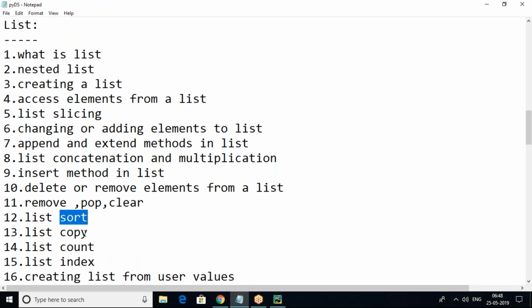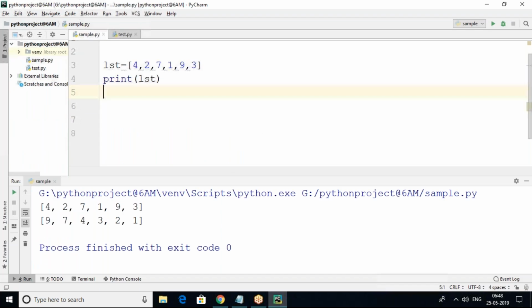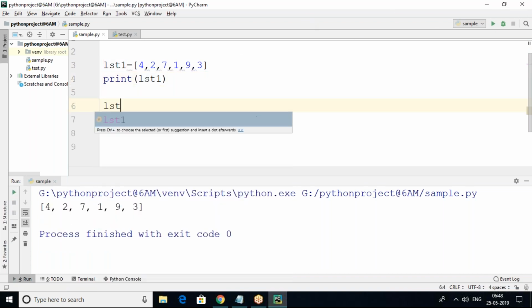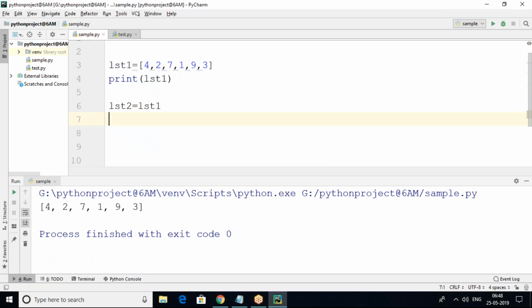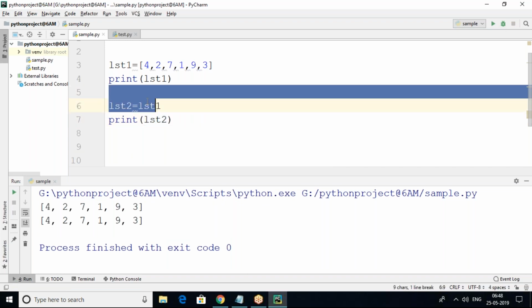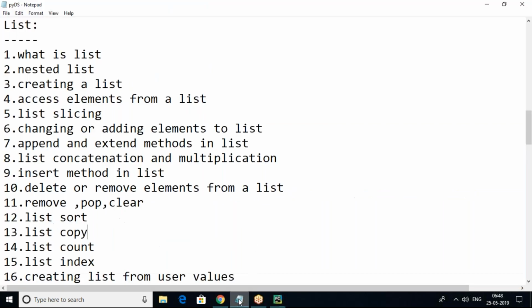Okay, list copy. List copy is nothing but, there is no copy method, just transferring one list's elements into another list. For example, LST1 is there. LST1 is a copy of the list. I want to transfer this LST1 into LST2. LST2 equals LST1. Then print LST2. Yes, the same copy will be maintained. This is called copying elements from one list into another list, assigning complete list values to another list. That is called list copy, we can say. There is no specific copy method, like copy.